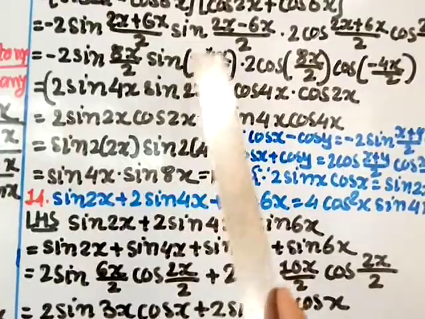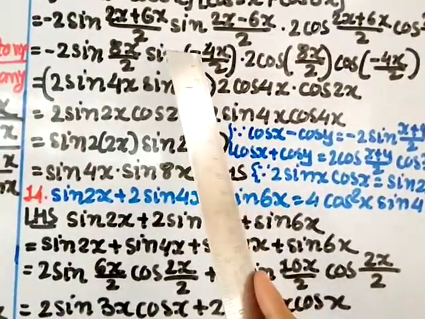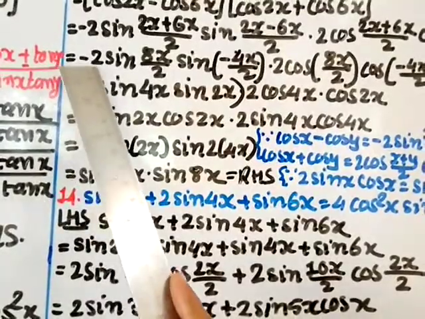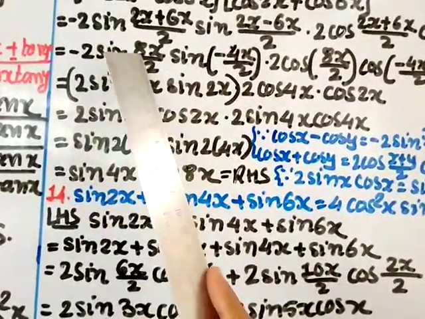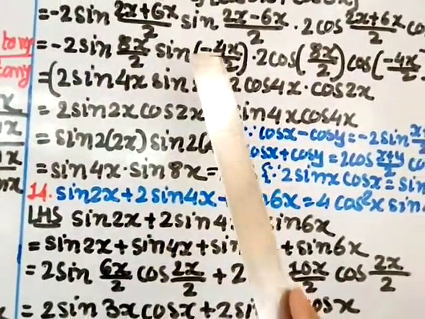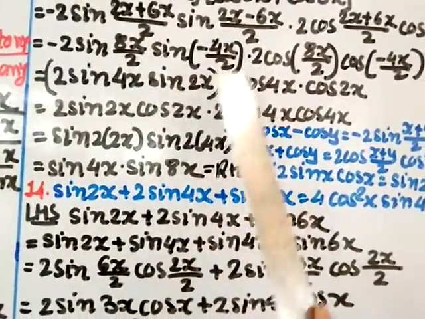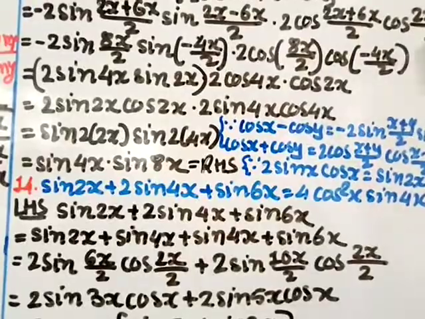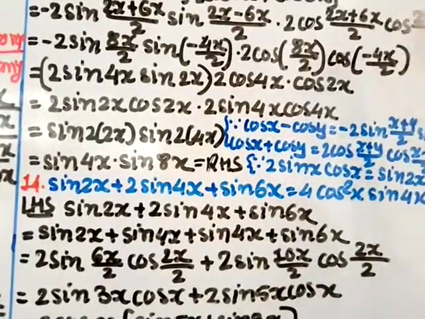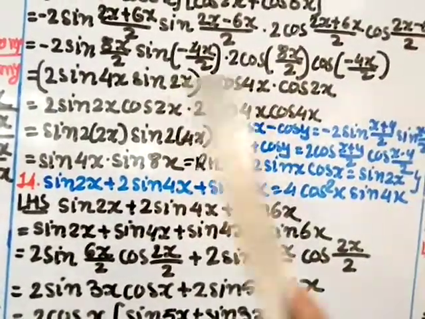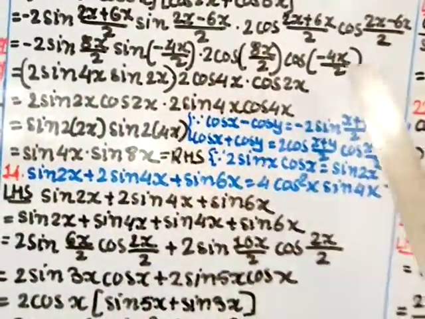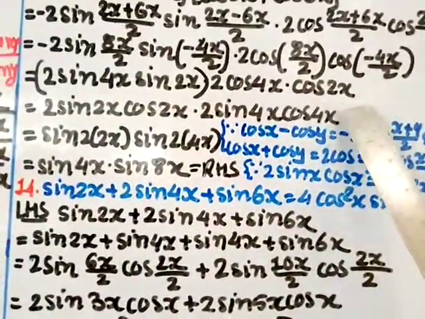See, sin minus x is minus of sin x, so this minus will come out and make this minus positive, so I have not written minus here. So 2 sin, if you cut by 2 you get 4x. Here you cut by 2, so you get sin 2x. 2 here cut, so cos 4x. Cos minus x is cos x, so minus cancels, for cos is an even function. Sine is an odd function, so minus will jump out. Remember those two things. So here you get cos 2x.